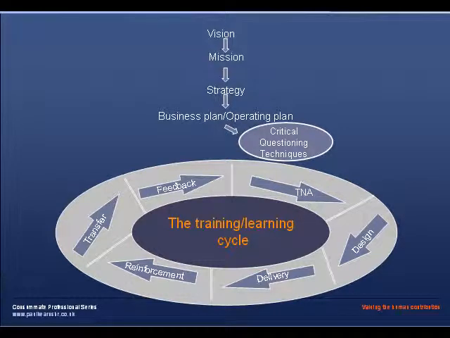These critical questions are meant to produce a training or learning needs analysis that says, what do we need to learn to help achieve our operating and business plans? It then goes round the cycle of designing interventions, delivering, reinforcing good learning. This would often be through first-line supervisors or managers, who then ensure that the new skills, the new knowledge are transferred to the workplace, and the feedback loop is closed by asking the question through evaluation, did it work or not? But true evaluation actually feeds back to the organisation as a whole and says it did work or it didn't, so that any mistakes made can be rectified.